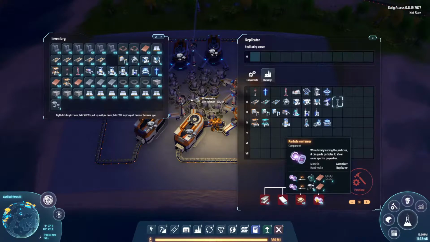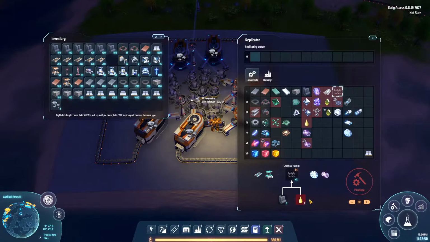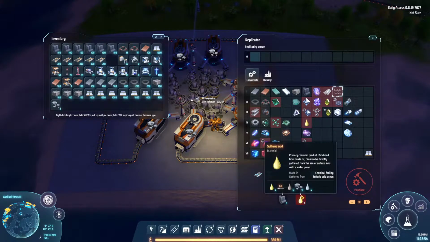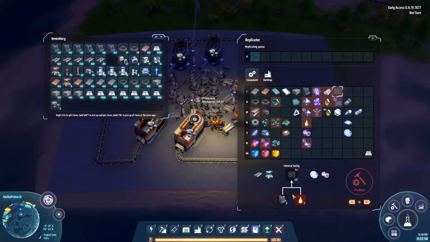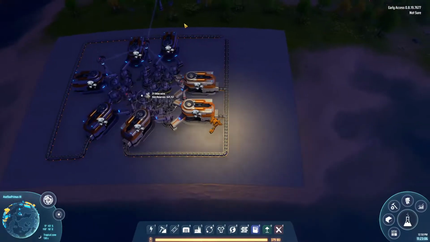Particle container, can't do that because a particle container needs graphene. And graphene needs energized graphite washed in sulfuric acid. And because I've got no lakes of sulfuric acid, to make sulfuric acid I need refined oil, stone, water. Right, so here's my stone,